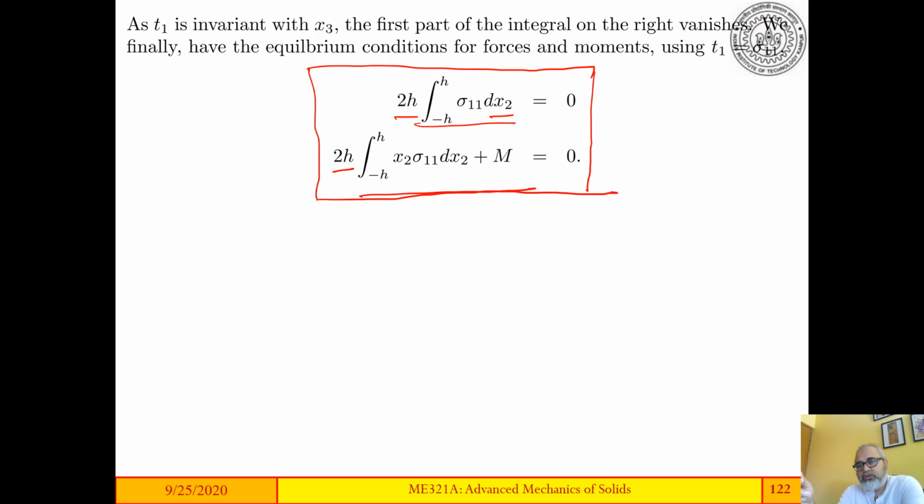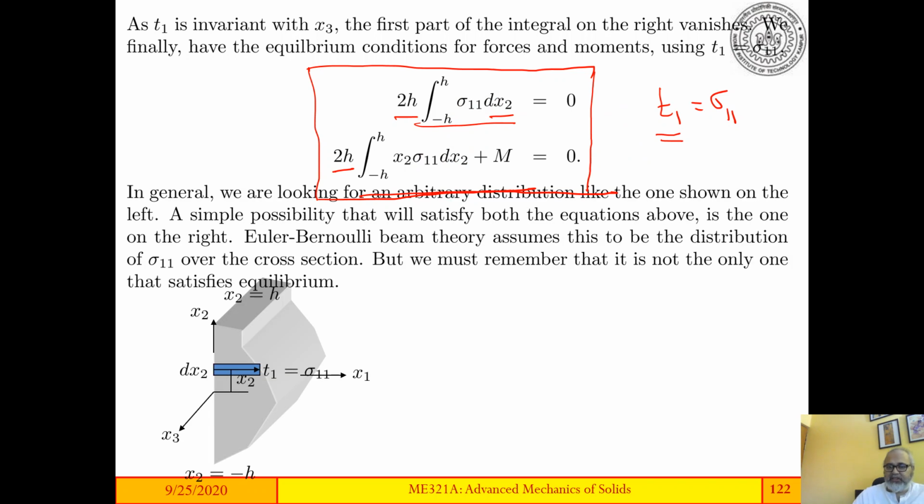that tell you what conditions sigma 11 must satisfy on that red plane. Remember, T1 is equal to sigma 11. So we are basically asking what is the form that T1 should have in order to not violate equilibrium. And the answer is that it should satisfy these two equations. Now, what kind of a function sigma 11 would satisfy these two equations? Now, what we are saying is that